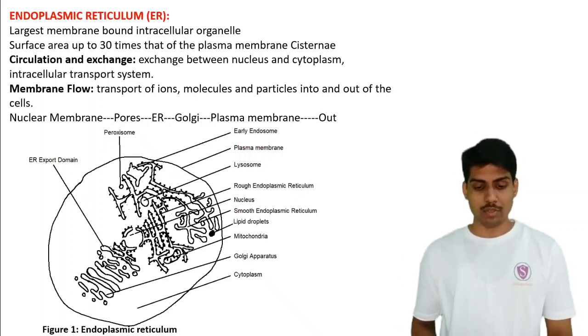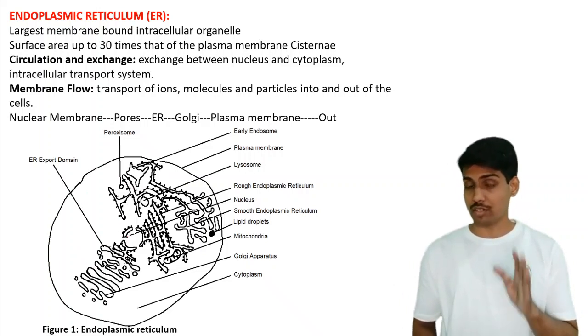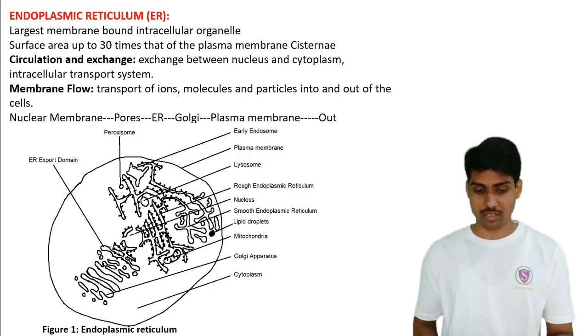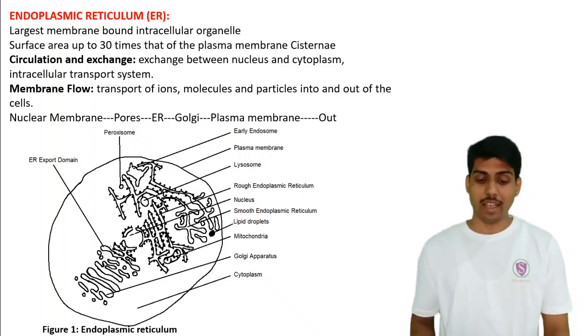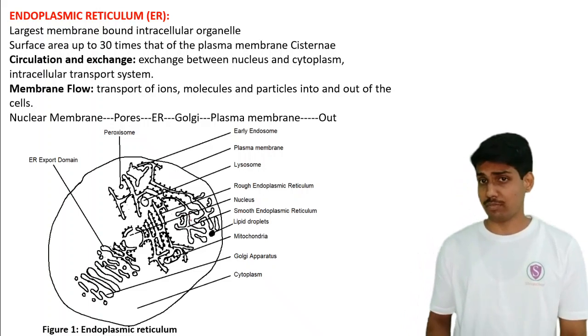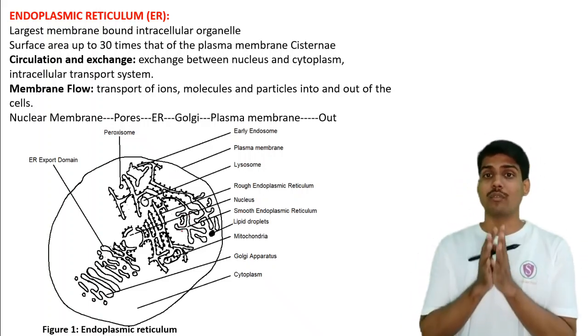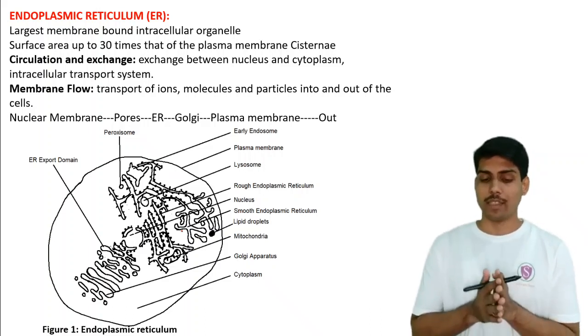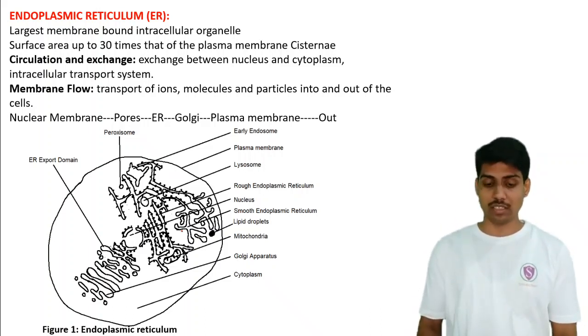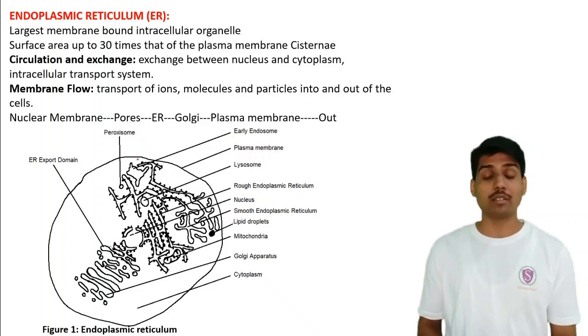So if you draw this diagram, in it you can also show the structure of the endoplasmic reticulum, right? This will be the part representing the rough endoplasmic reticulum along with the smooth endoplasmic reticulum. And the other structural part of the endoplasmic reticulum is that inside the cell it is a kind of network or meshwork which is in contact with the various organelles. Okay, so that would be a structural part of the endoplasmic reticulum, and the functional also.